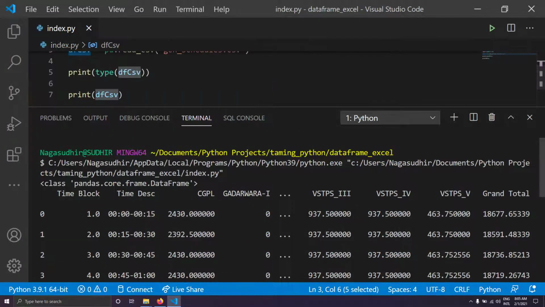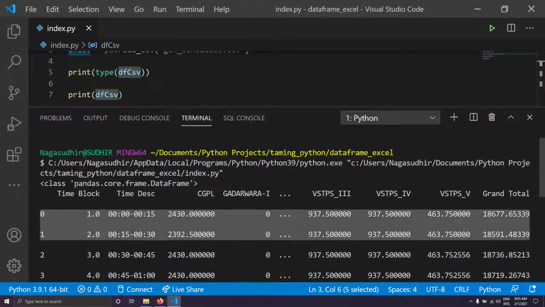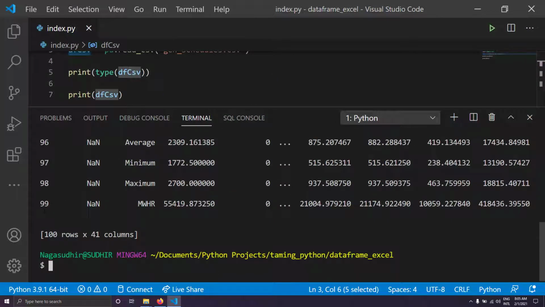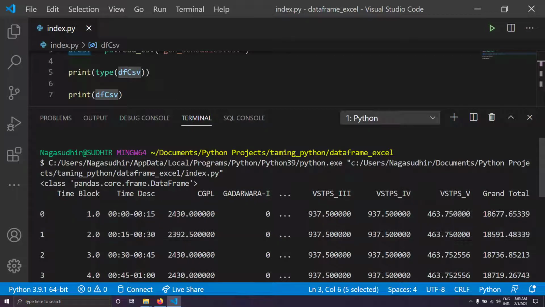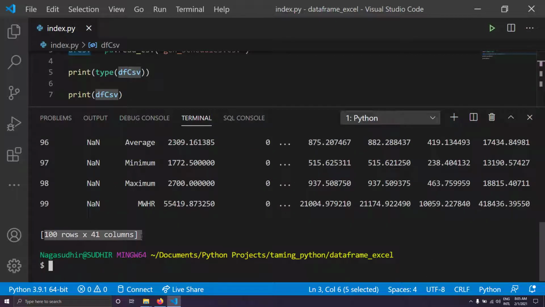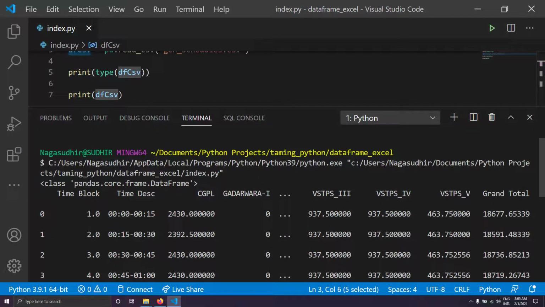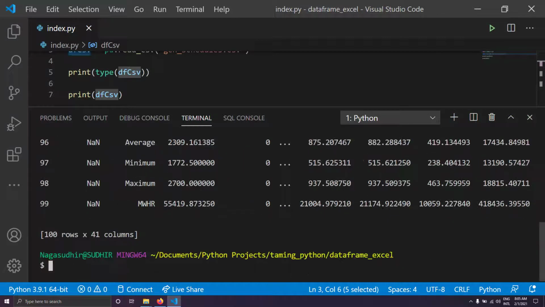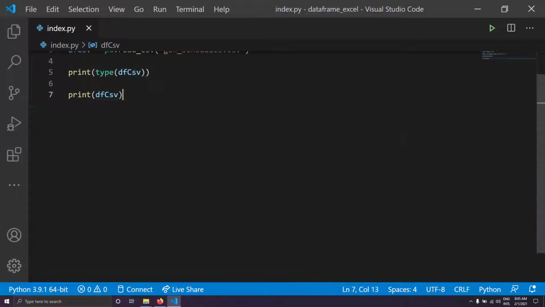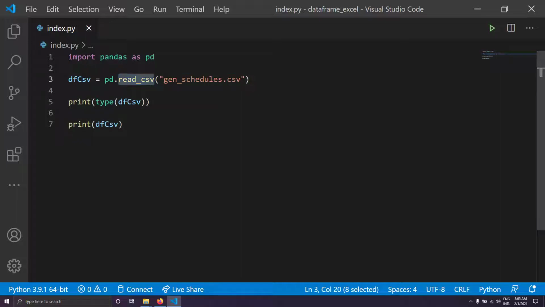You can see I've got my columns, I've got my rows till 101 rows. I mean, the first one is by default taken as the header row, so I got 100 rows. In CSV you can see 101 rows, but while reading from CSV, the first row will be taken as header by default, and that's why I got 100 rows and one header. So this is how you can read CSV using the read CSV method.